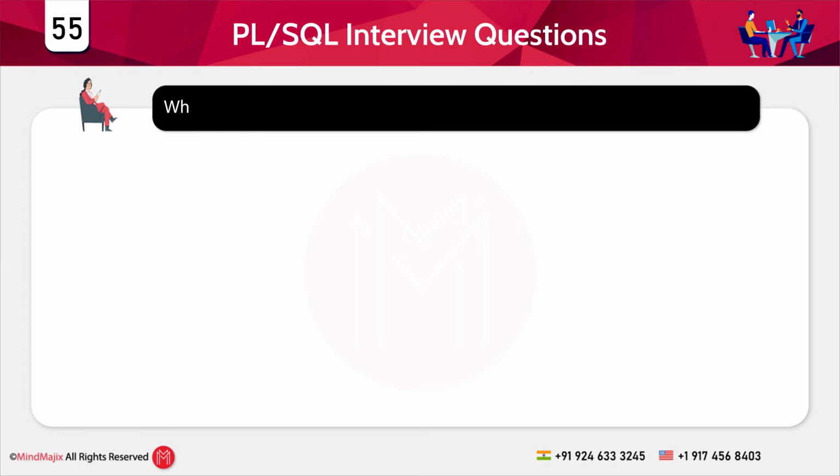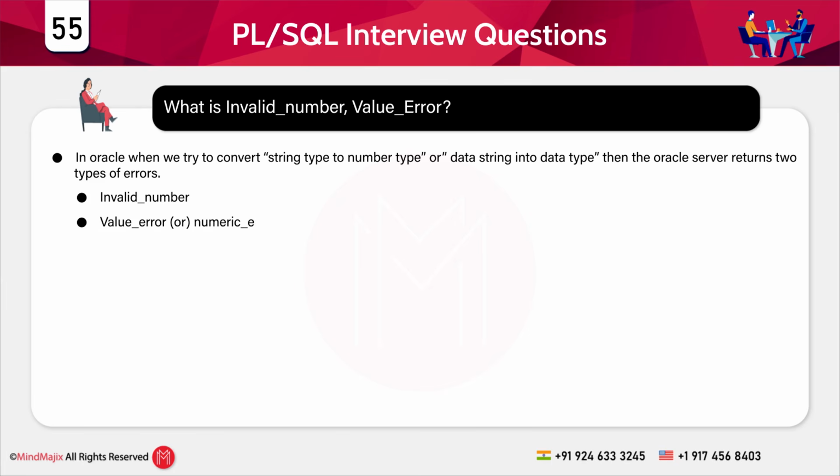The next question is, what are invalid number and value errors? In Oracle, when we try to convert a string type to a number type, or a date string into a date type, the Oracle server returns one of two types of errors. The first one is invalid number, and the second one is value error or numeric error. In the case of invalid number, when a PL/SQL block has a SQL statement and that SQL statement tries to convert a string type to a number type, or a date string into a date type, the Oracle server returns an error like